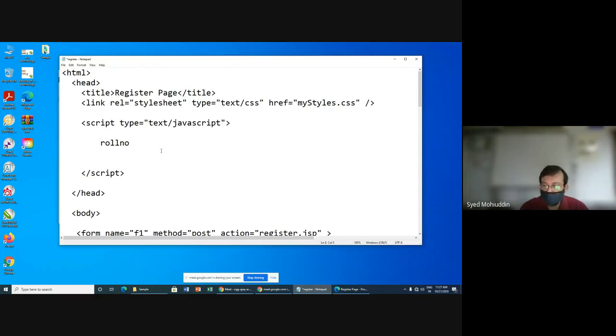Now, the other thing in JavaScript is that the variables which we try to declare, or the identifiers, must begin with a letter. It cannot begin with a number. It can begin with a letter. It can also have